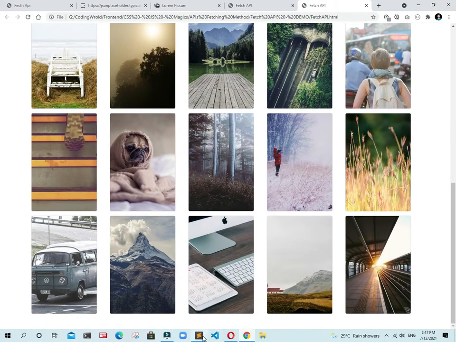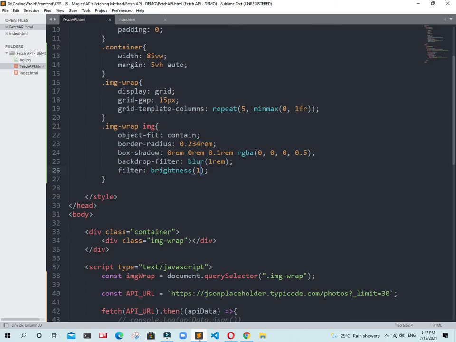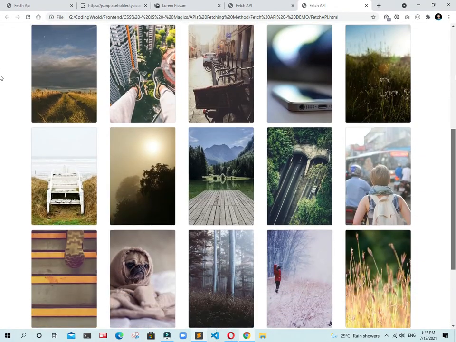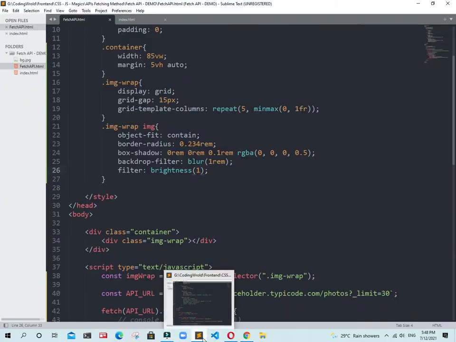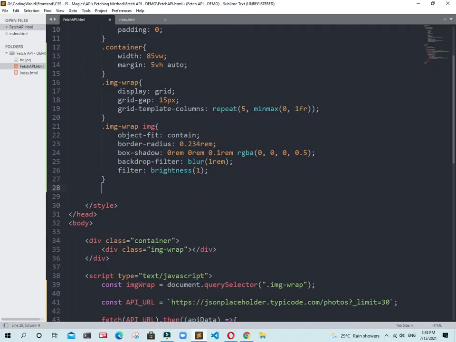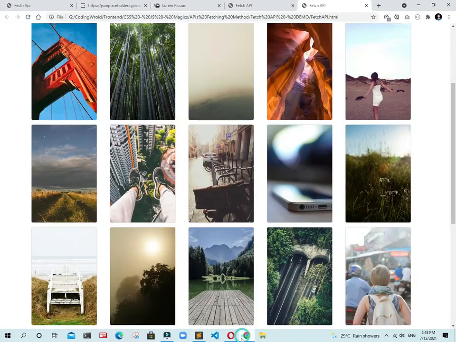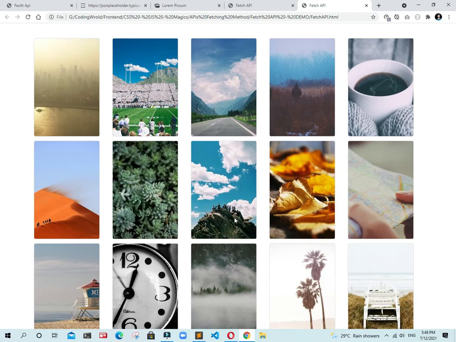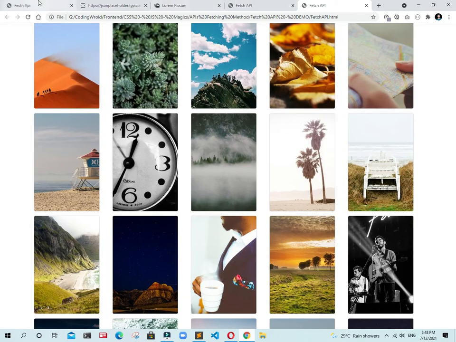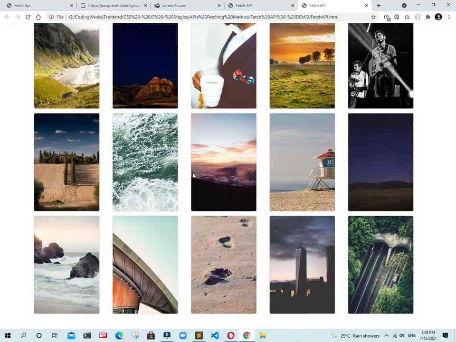How cool is that. And again I am hiding this. To hide this scroll bar, we found a method: I just write there ::-webkit-scrollbar, and this time display will be none. Go back there, refresh this one guys. How cool is that, we have already created it like this. It's really cool guys.